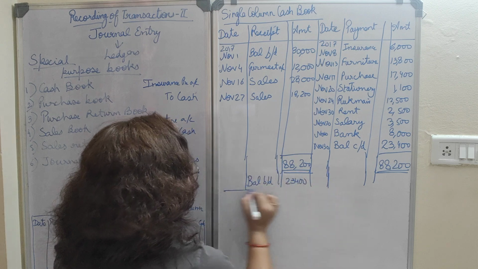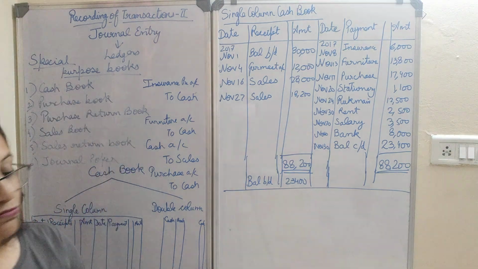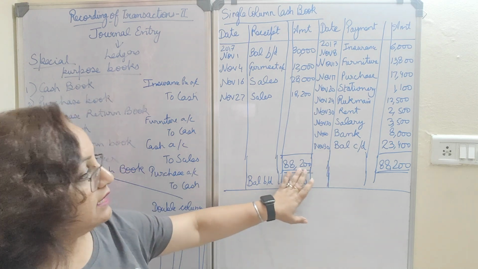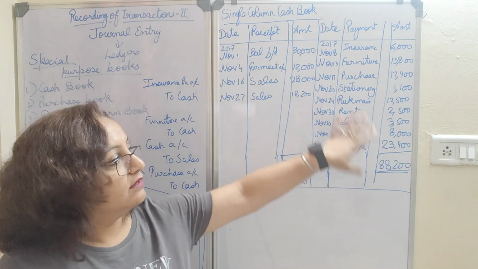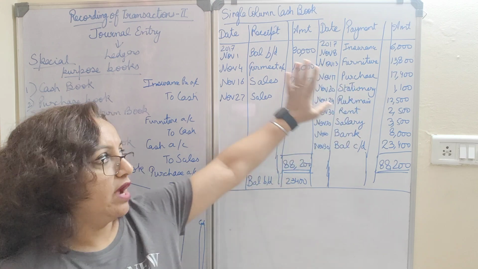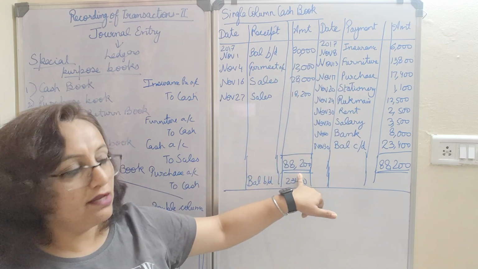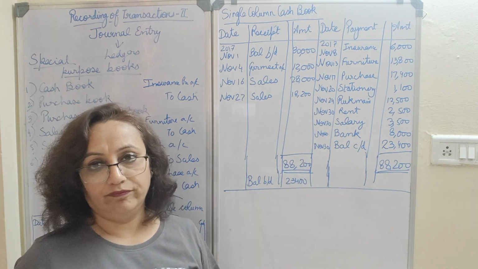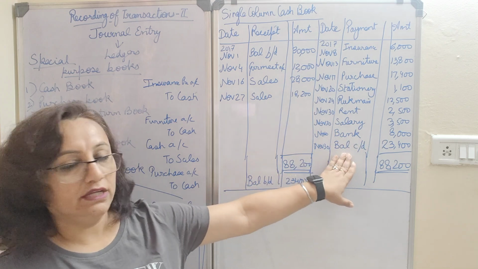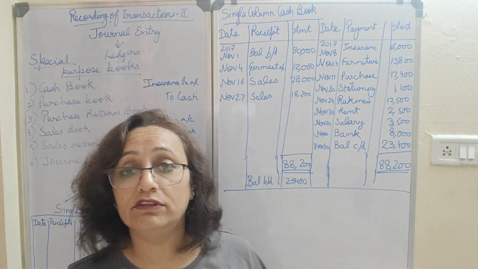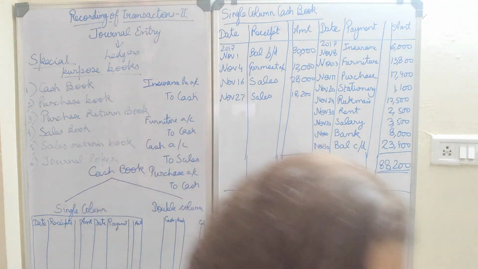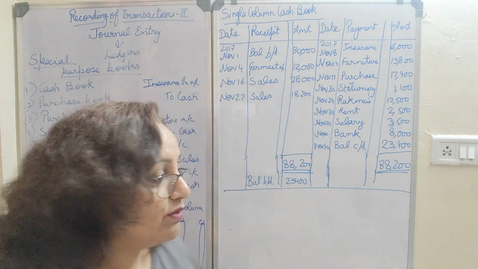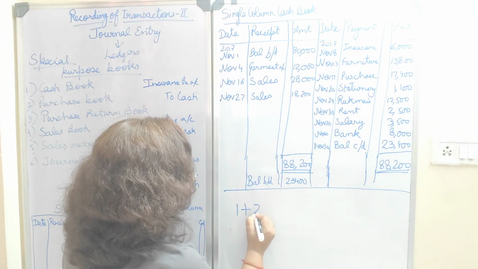I hope it is clear to all of you. This is how the cash book is prepared. Our purpose is to make both the sides equal. So we see that whichever side is less, the items of that side total we will do and subtract from the bigger side's total. Whatever is the difference will be written over here, so they both will become equal, right? So this is the logic of finding the balance, because I have seen students struggling with finding the balance also. So finding the balance is quite simple, as in math you do when you want to make an equation equal. It's very simple logic. If you want to make them equal,